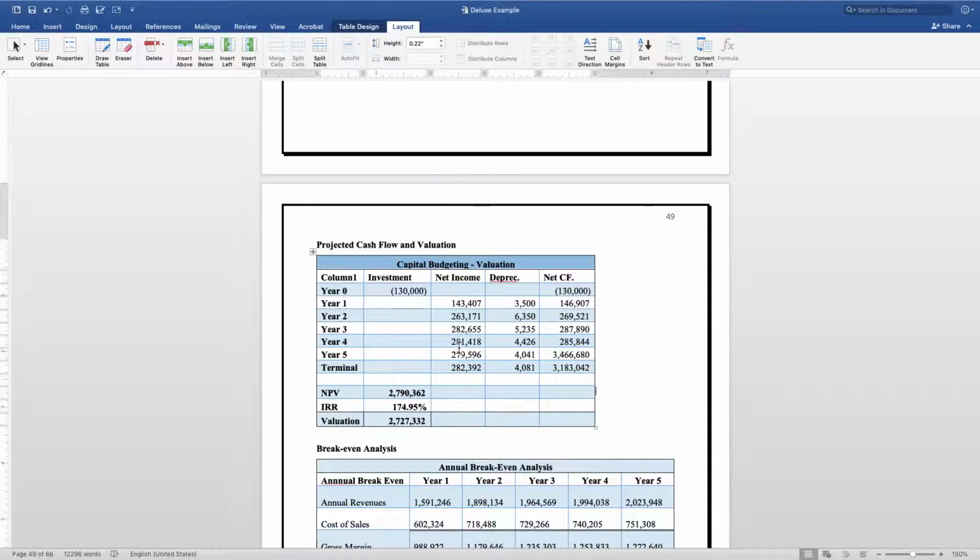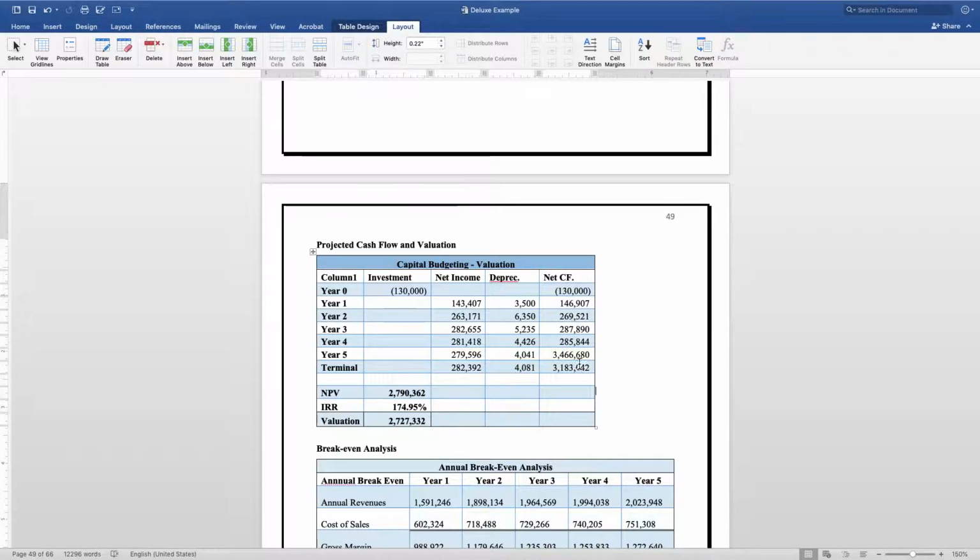Once we're done with that and we get our net income established, we're going to add back in depreciation. We add back in depreciation because that's money that's technically not spent. Since we're looking at cash flows, depreciation is great for getting your taxes lower, but it's actually not a check that you write. So we're going to add that back in, and that's going to give us our net cash flows.